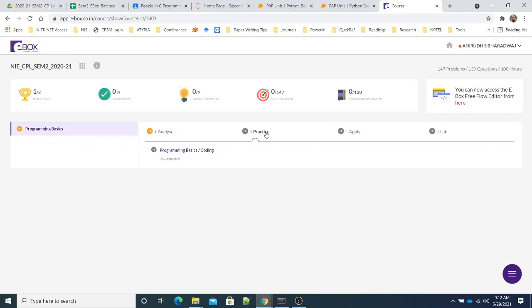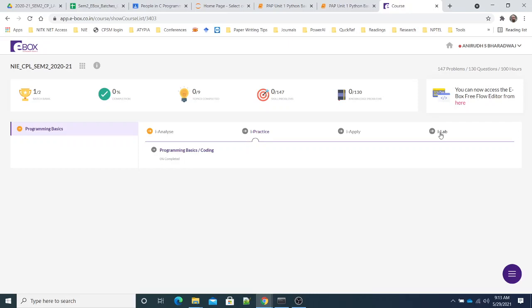iPractice are some additional programs, basically coding problems only. Here you have to type the programs by yourself, and this also carries 5 marks, and this is given as an assignment. iAnalyze and iPractice both are considered as an assignment for you apart from the regular lab experiments. So you have the liberty to finish it not during the lab time. After the lab time, throughout your week, whenever you are getting time, you can work on these things. Okay, so this also carries 5 marks.